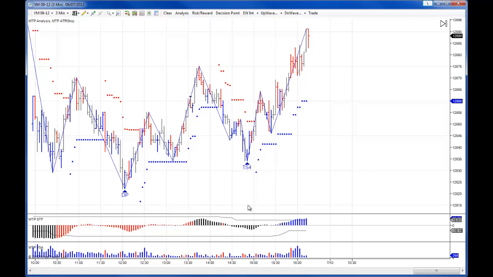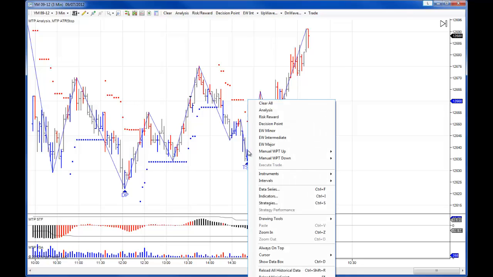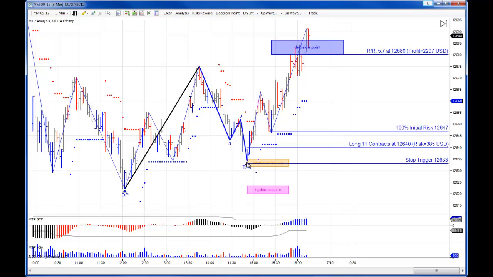Market then came down here. STF was blue, so you could take buy as well as sell setups. If we put the analysis on, you can see the market here went up to the first target very nicely indeed, where a plus 5.7R profit was available. Again, position sizing kept the risk small and under control. In this case, trading 11 contracts where I think it was 8 before,